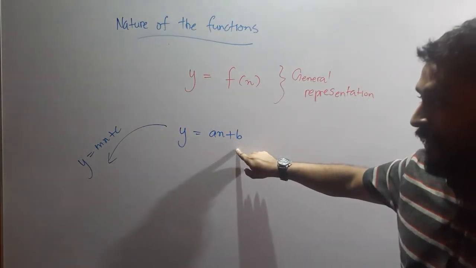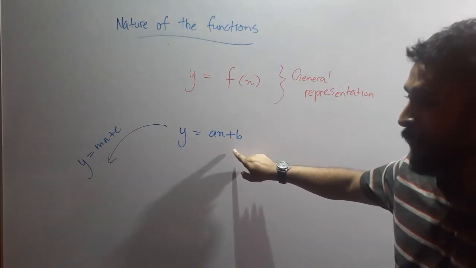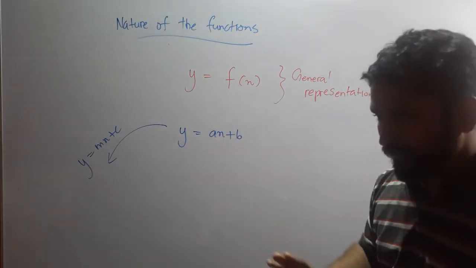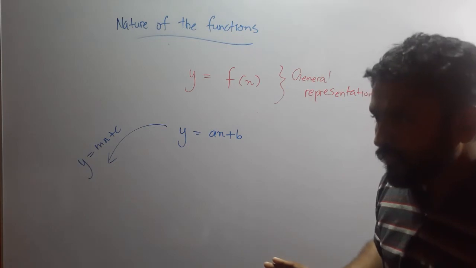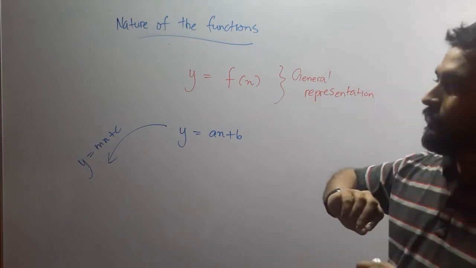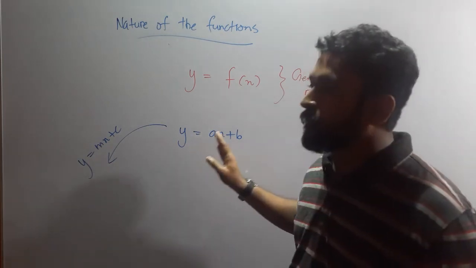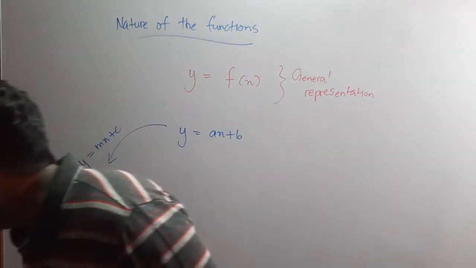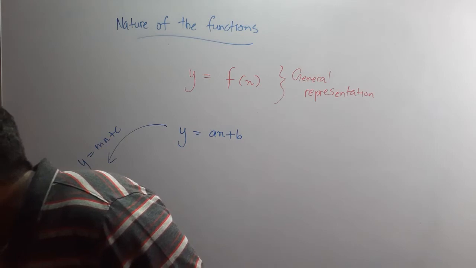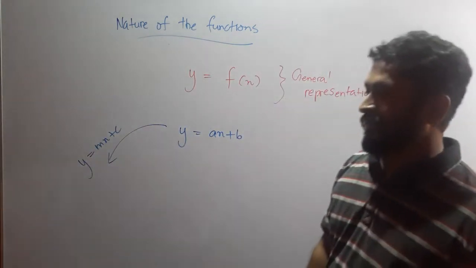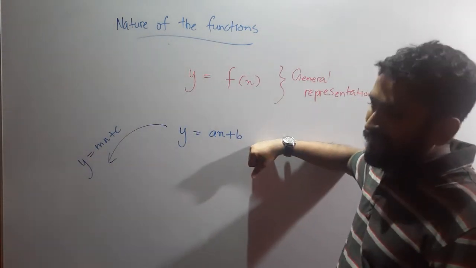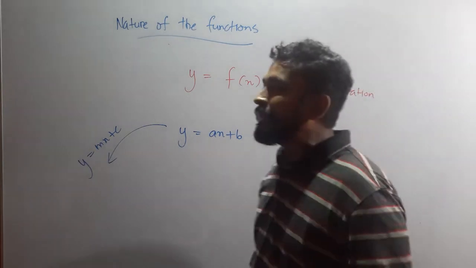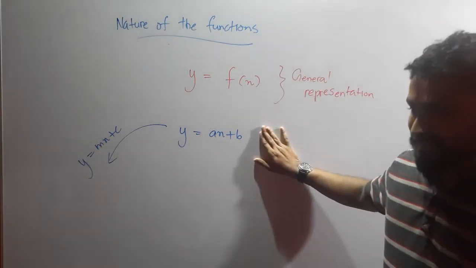You can get it cleared more, because once b is 0 and a is 1, y equals x. It is a function. Got it? No matter if y is in terms of x in any mode, it is a function of x. So is that function a first degree function? You are asking me the question that I am going to answer. So, yes. What is the degree of this?